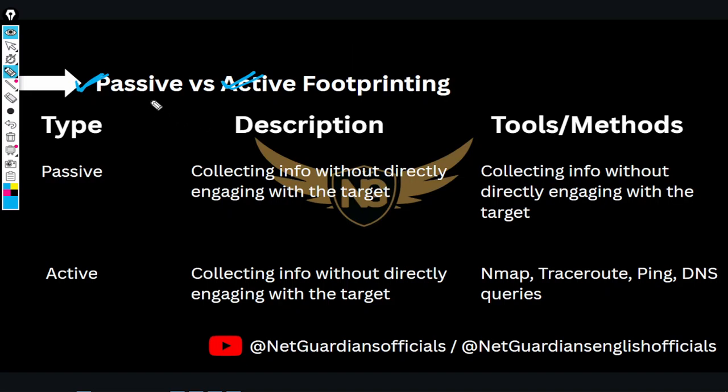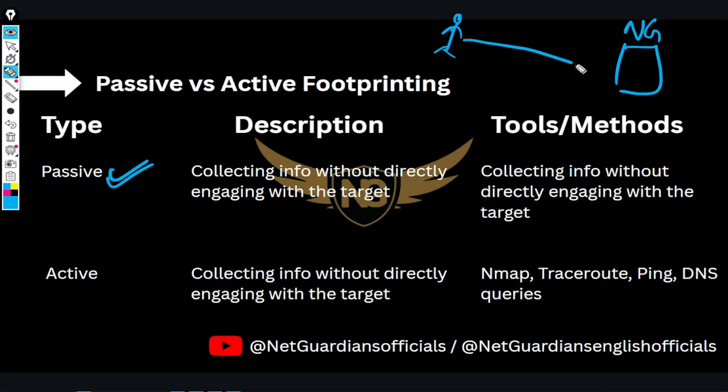Understood? Suppose I have to gather the information of NetGuardians. I am going to follow passive footprinting. So now, I'm not going to do direct information gathering on NetGuardians. What I will do is find some third party resources, leaked data, and